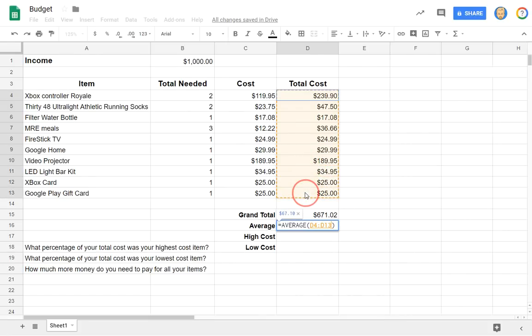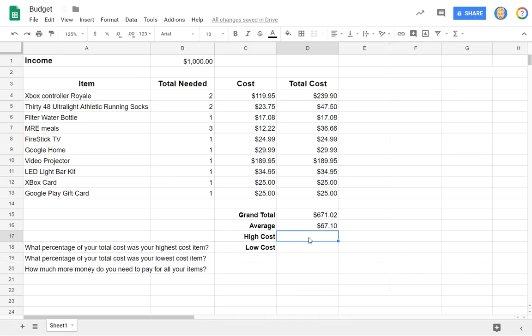only the items I want to include in my average. Make sure you don't accidentally include the grand total. That's not part of this calculation. So my formula will be D4 through D13. And the colon means through. When I press enter, it's going to give me my average number. Okay? And that is the same way of mathematically adding all these numbers together and then dividing them by 10